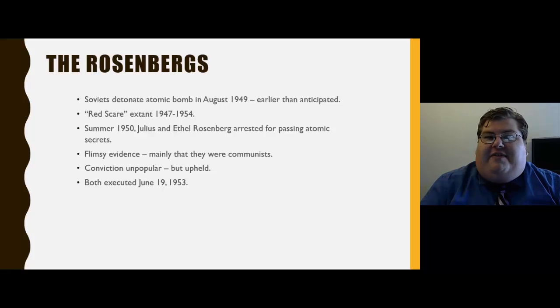There's not really that much evidence here. They are ardent communists. They admit to that fact. So, well, if you're communist, then yeah, you probably helped the Soviet Union. So, they were convicted. People did not like the conviction, but it was upheld, and they were executed on June